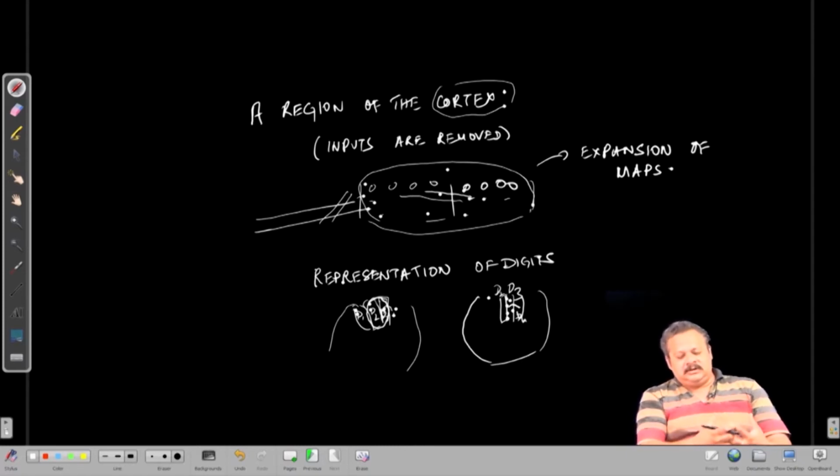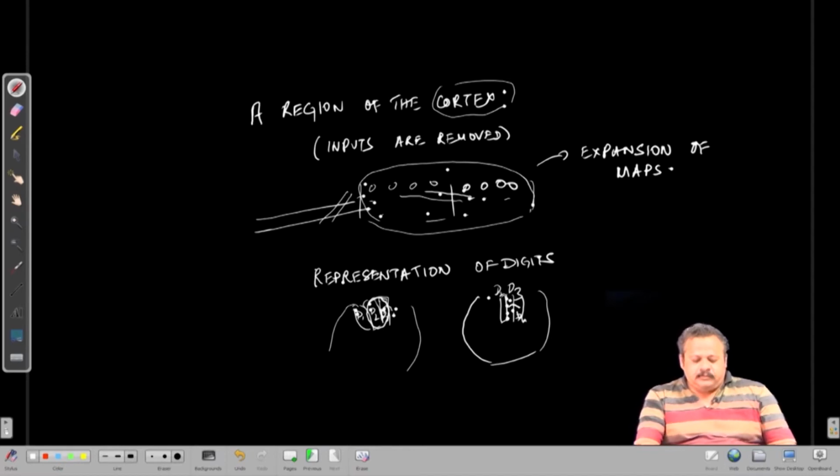Since the actual inputs of D3 are totally gone, the neighboring regions take up those neurons to function as a D2 or a D4 kind of representation. And so this kind of plasticity occurs throughout development,